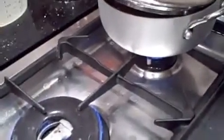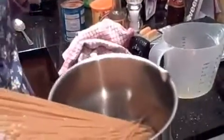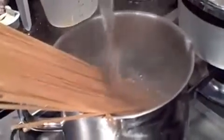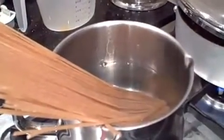While that's cooking, you need to get your pasta, and this is mine and Adam's pasta serving, and we're just going to fill this pan with boiling water. I can't put it on the ring yet though because there's no water in it. So you want to just take that, fill it with boiling water, put it on a high heat and leave that to cook for about 15 minutes. I like it really soft, so that's on a high heat,